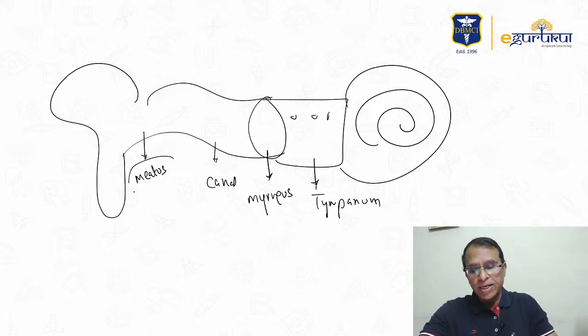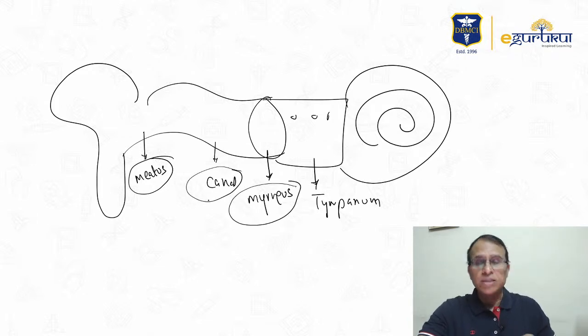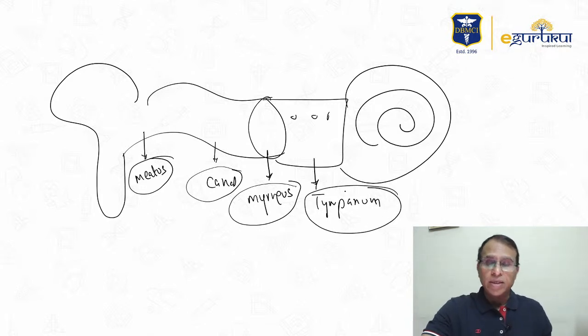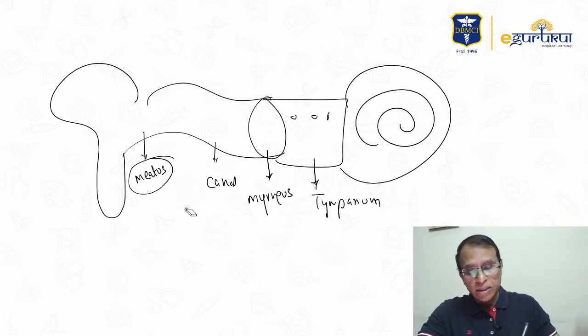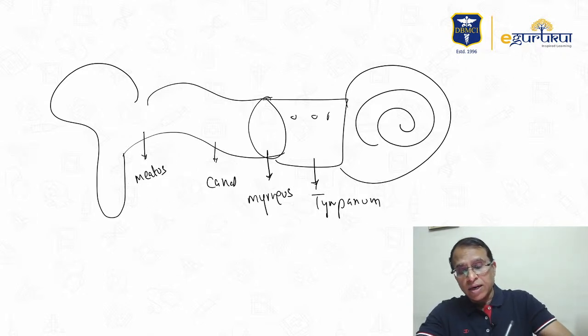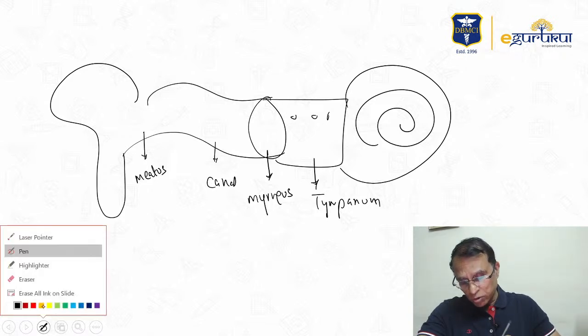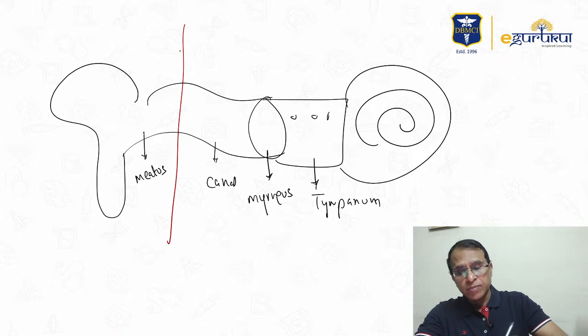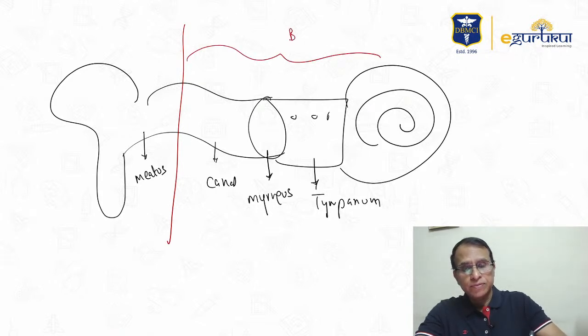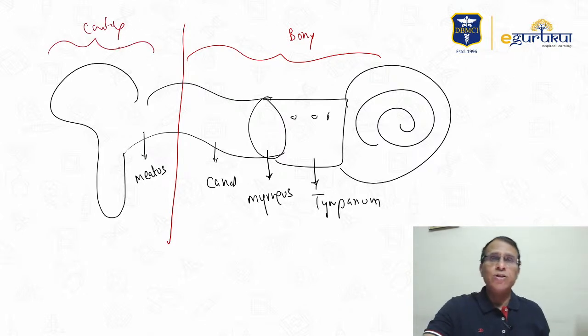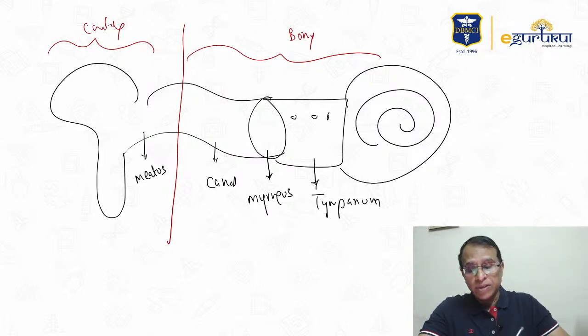If you do the repair of the meatus, it is meatoplasty. If you do the repair of the canal, it is canaloplasty. If you do the repair of the myringa, it is myringoplasty. And if you do the repair of the tympanum, it is tympanoplasty. Now, if you know the anatomical names, you know which part of the ear this surgery concerns. I'm also sure that you know the ear canal has two parts. If I draw a line here, this is the bony part, and this one is the cartilage part, and it clearly says you are doing the repair of the cartilage part of the external ear, which is the meatus. So the surgery is meatoplasty.